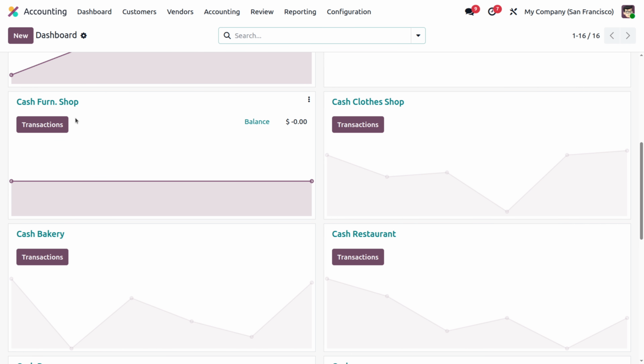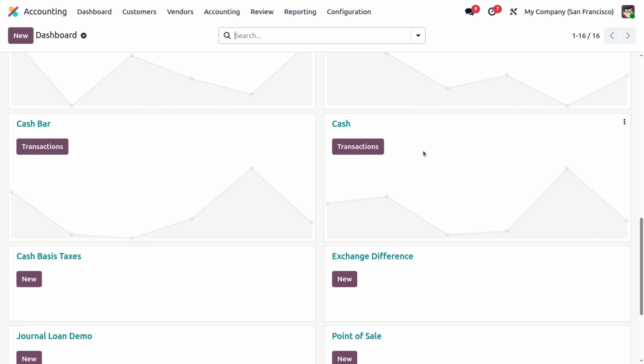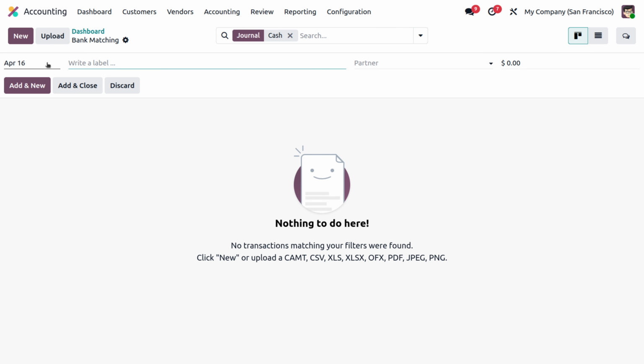Now you can see we have reconciled it, but we didn't actually move that particular cash into the main cash account. What we should do, we need to click on the transaction button, and once we are done with that, we need to create a new one with the same date. Okay, and I'm going to write a label, which is the cash transferred, or you can give anything, the cash transferred from furniture shop to main cash account. Okay,